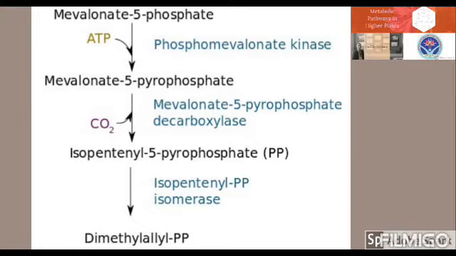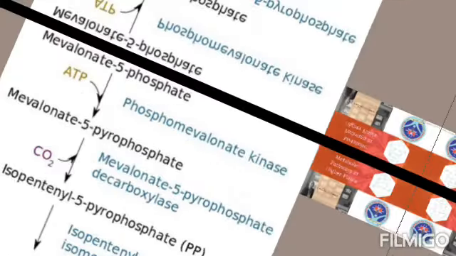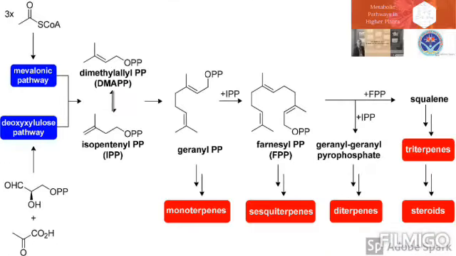These IPP and DMAPP act as active isoprene units and result in the formation of geranyl pyrophosphate, farnesyl pyrophosphate, geranylgeranyl pyrophosphate, and squalene, which lead to the formation of